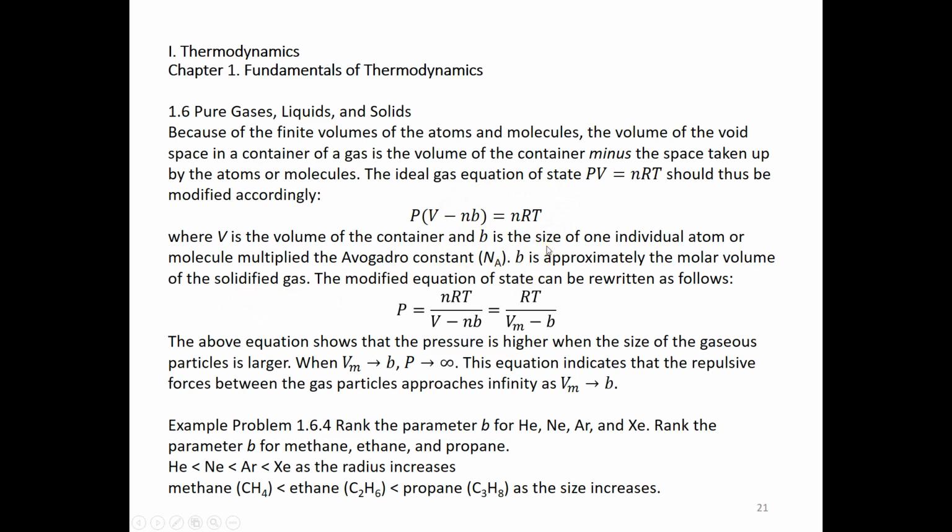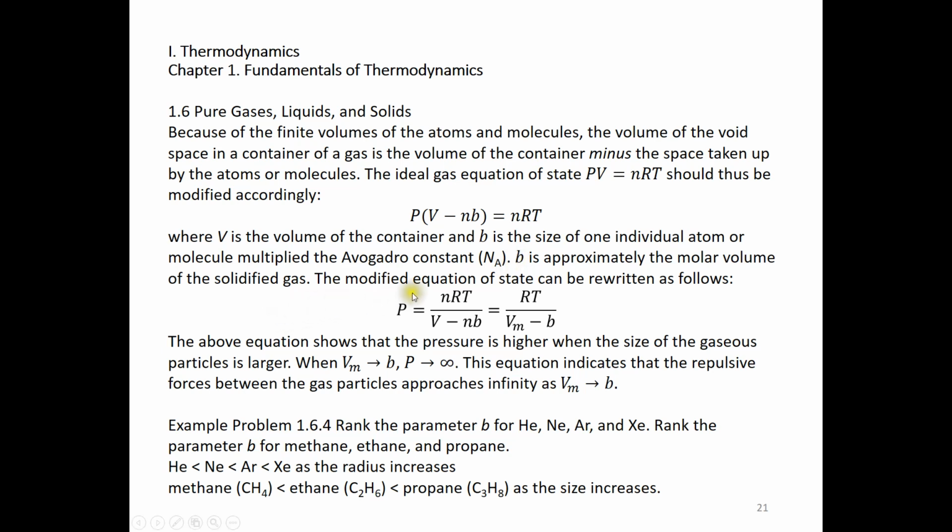B is the size of one individual atom or molecule multiplied by Avogadro constant. So B is approximately the molar volume of the solidified gas. For example, if we solidify water vapor, it's just ice, and we know the molar volume of ice is roughly 20 milliliters per mole. Therefore, this parameter B for water is roughly 20 milliliters per mole, or 0.02 liters per